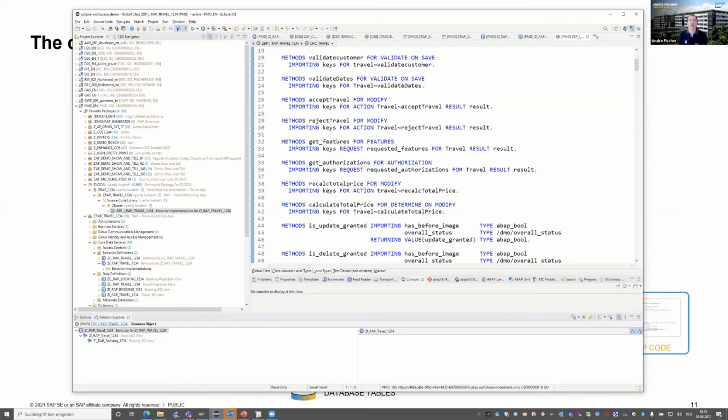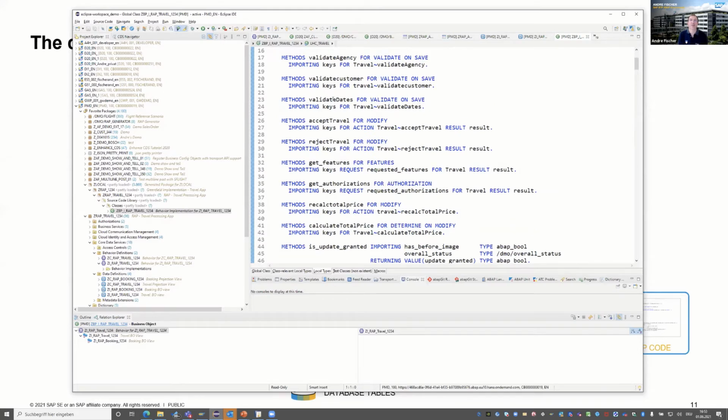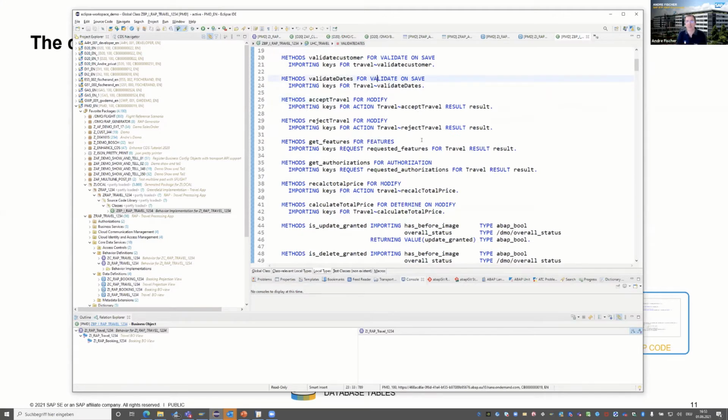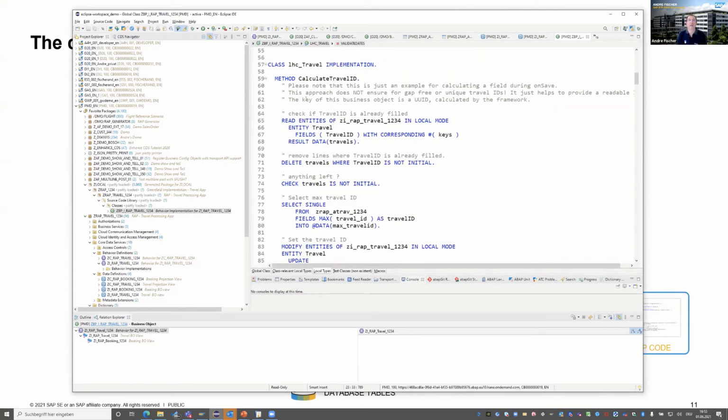We have methods like accept travel, which is an action, and this is a validation for validate. This validation can be performed when saving the data or modifying the data, depending on how it is implemented. And here, for example, is an implementation of a so-called determination, where we are looking for the travel ID when creating a new travel.